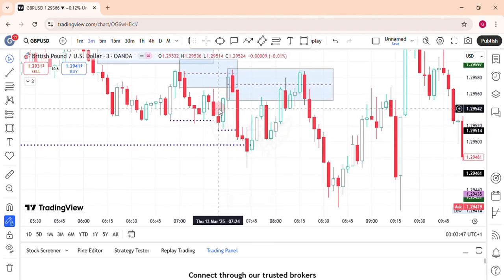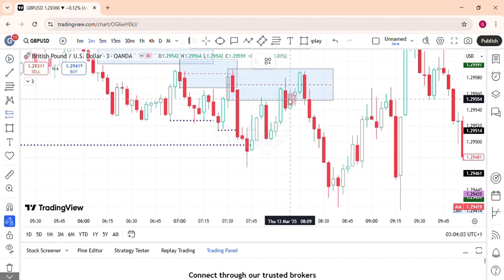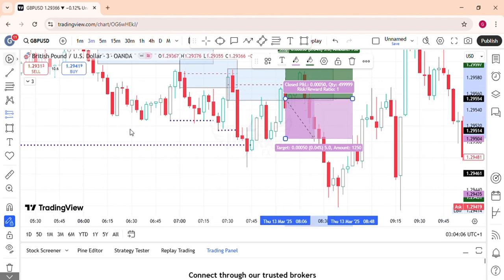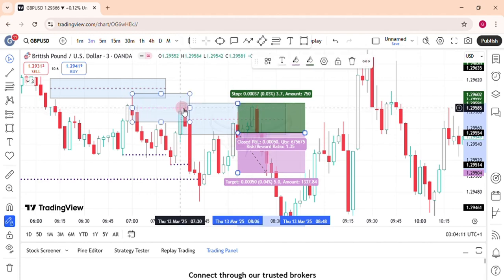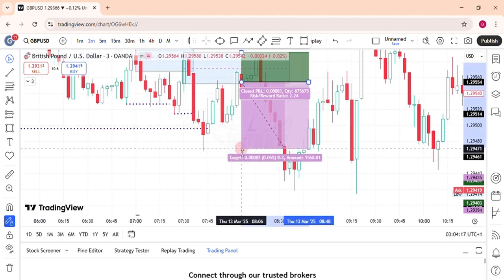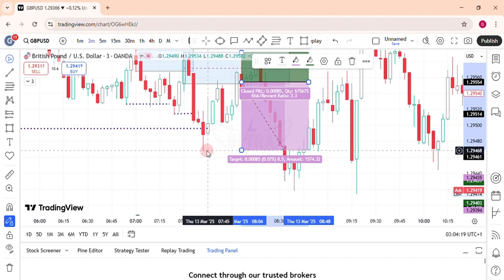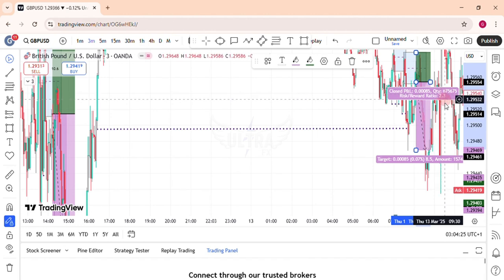Because you have a fair value gap that has been tapped into and a break of market structure. Prior to that break of market structure, you have your fair value gap. This fair value gap should serve as your entry. So now when price comes back to that fair value gap, it gives you a short position. So now we are entering here and putting your stop loss right above this previous high that created that fair value gap, and your take profit should be here at this low right here. That is where your take profit should be, giving you a risk reward of 2.3 ratio.